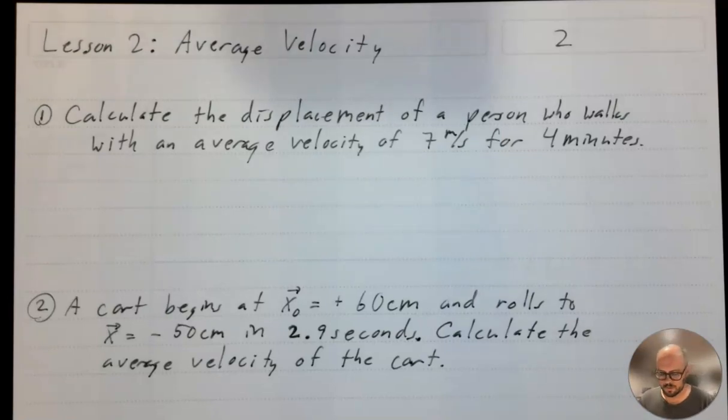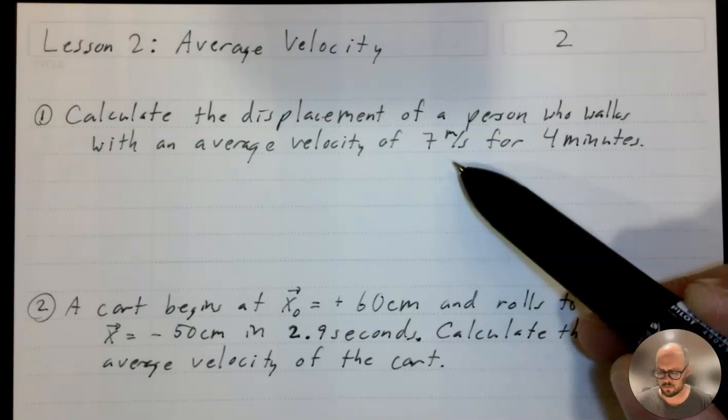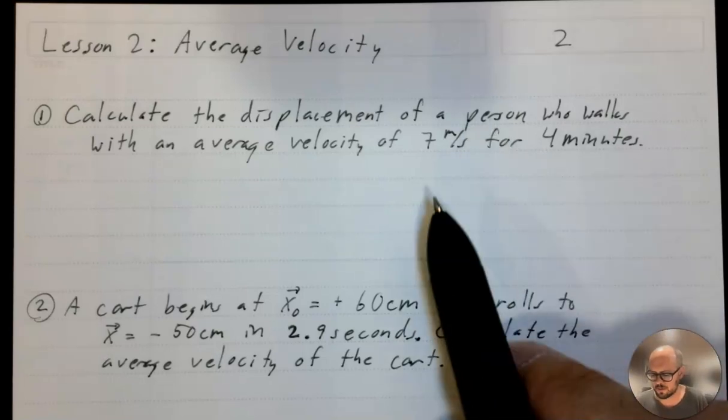All right, folks, we're going to jump in with some practice problems for velocity. First up, we have: calculate the displacement of a person who walks with an average velocity of 7 meters per second for 4 minutes. Just a note before we start, I didn't talk about this in the last video, but